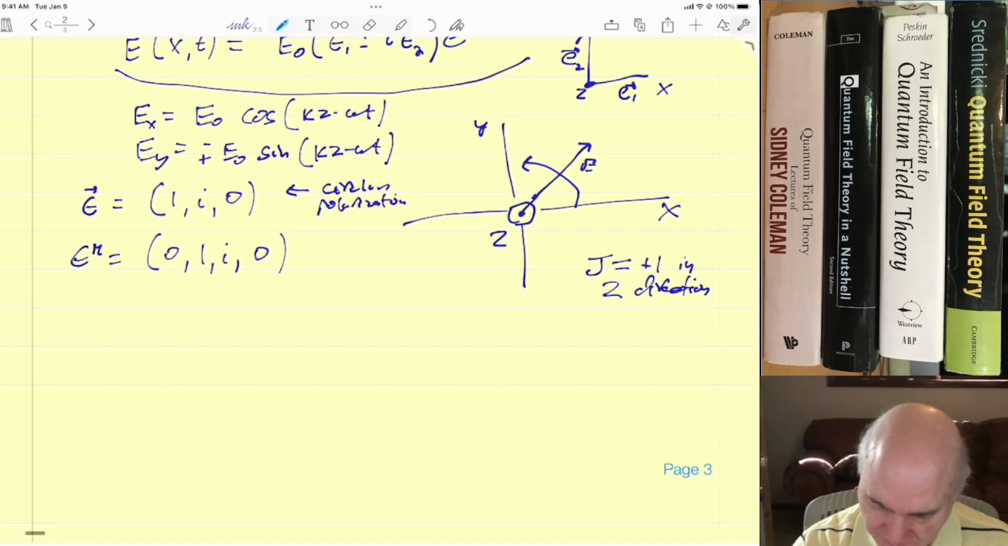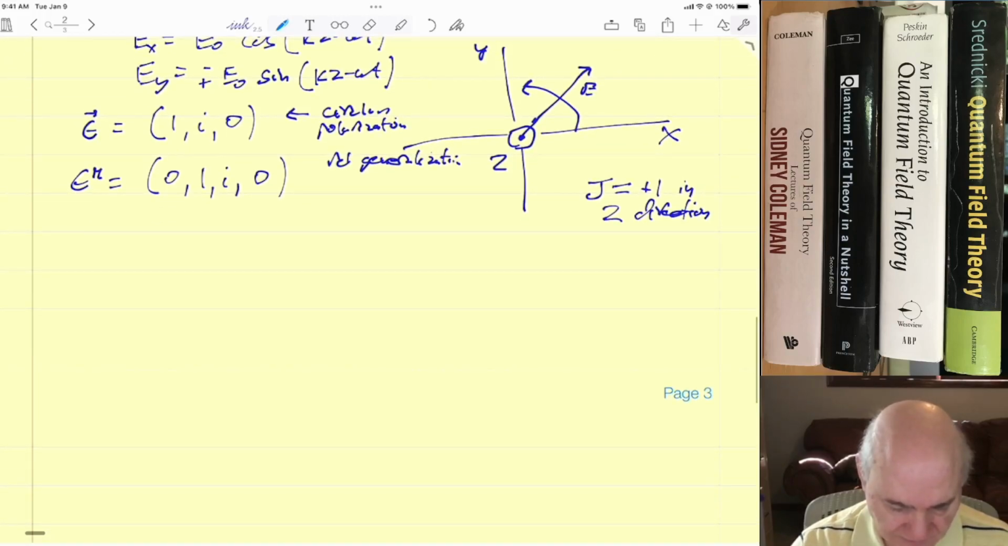And this is the relativistic generalization. It doesn't add anything, it's just the time component of 0. Now, if we want to do it for the muon,